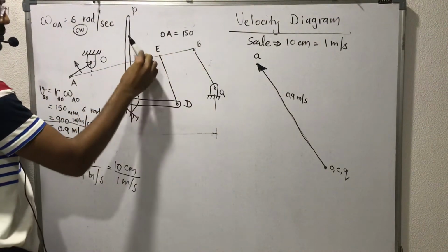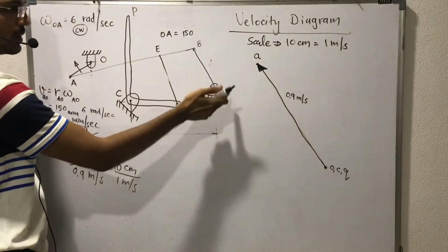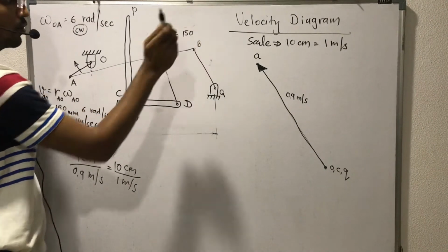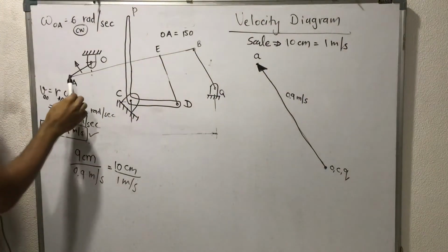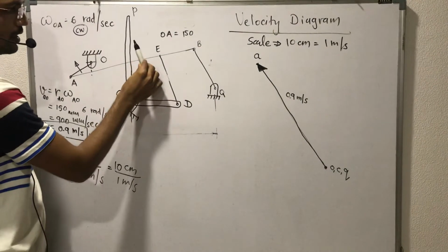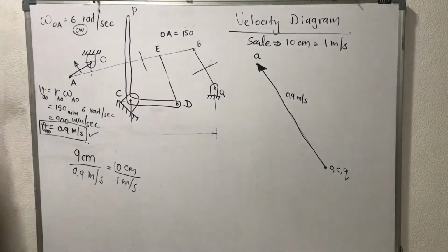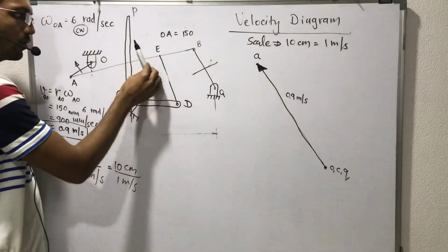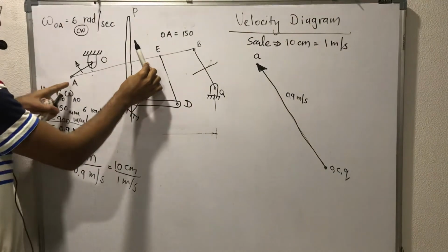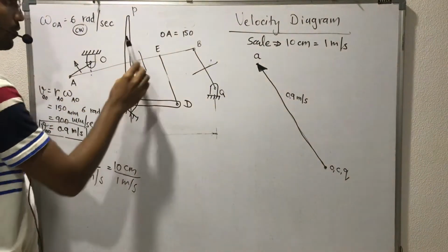Line of action of AB is perpendicular to AB, as well as line of action of BQ is perpendicular to BQ. Intersection will be B point. So let us draw. Line of action of AB link is approximate this one, and BQ link is approximate perpendicular line is this one. Now draw line of action of AB velocity, passing from either A or B. We don't have B point, so we will draw from A point.